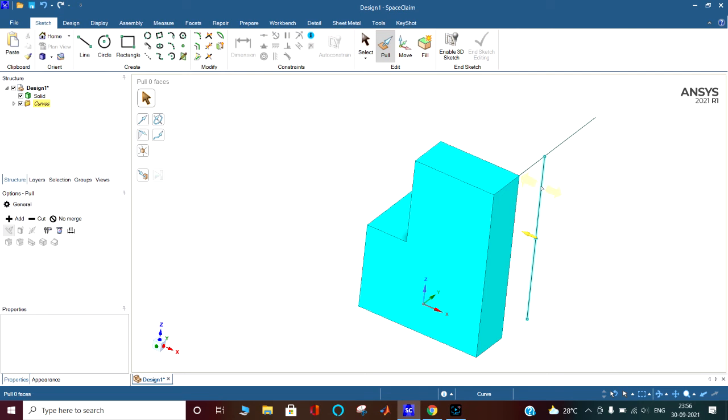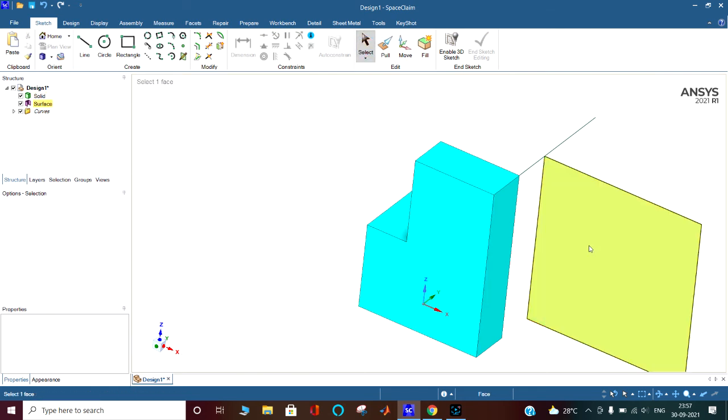When you go on this line, you can see pull zero surfaces on the status bar. See here on the status bar, pull zero surfaces. When I extend this surface, you can see I am putting it 100 again. Whatever the thing is there, it will come here in the selection bar.